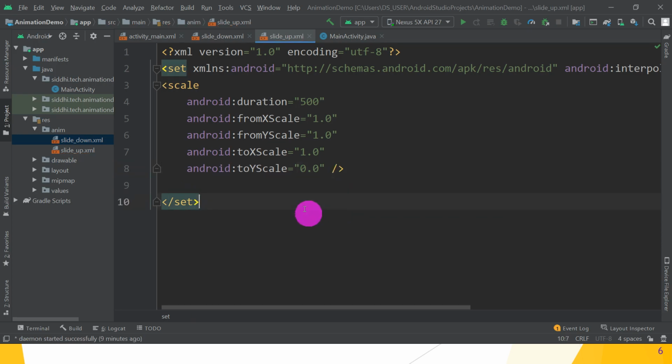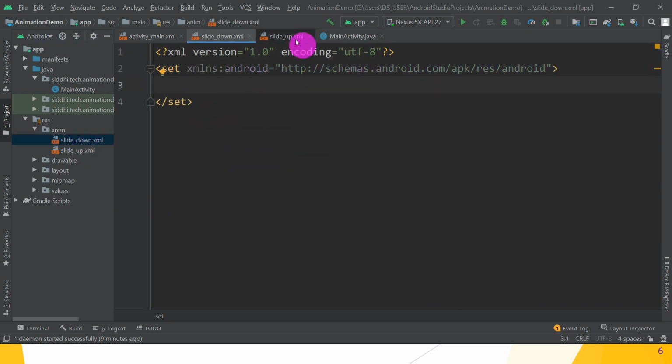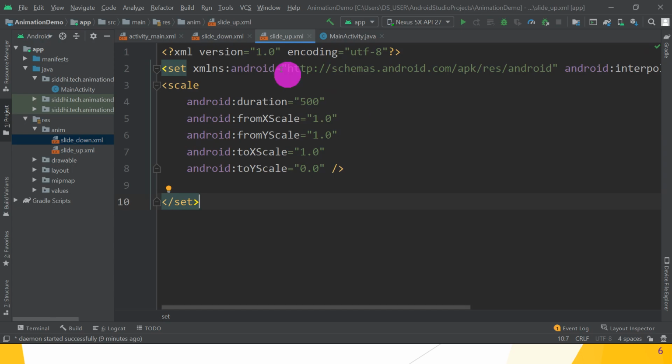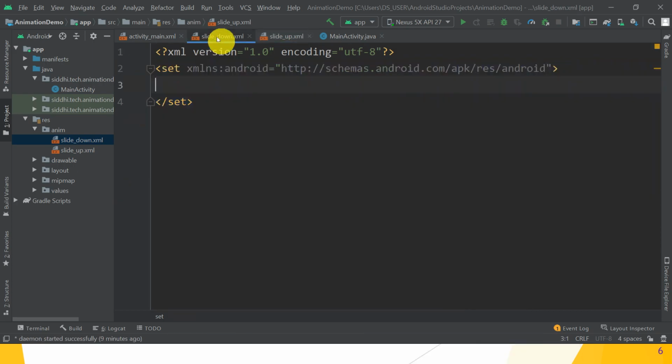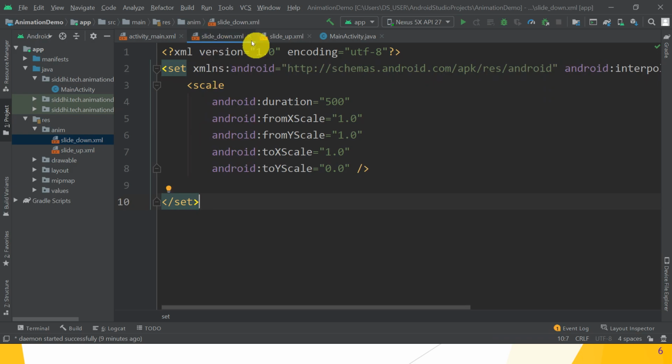Guys, hope you understand the code for animation in slide_up.xml. Great. Similarly, we can write the code inside the slide_down. So we just copy this same code and paste it inside the slide_down and make the changes.